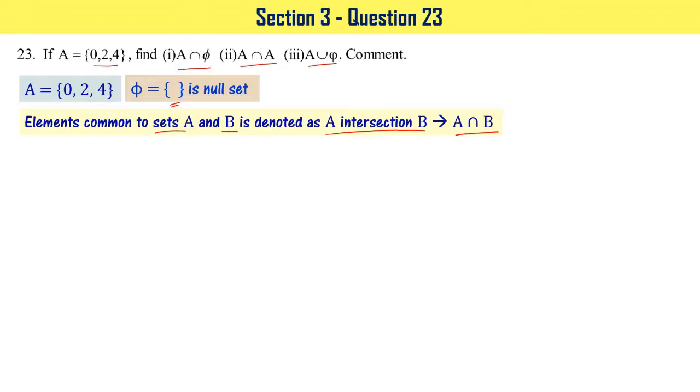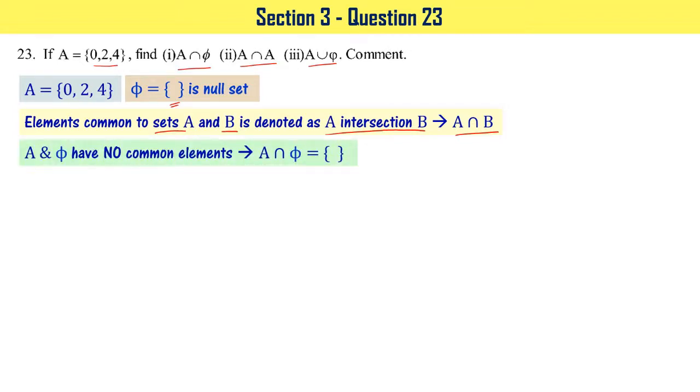Now we are asked to find A intersection Phi, right? It means we have to find the elements which are common to A and Phi, right? A and Phi have no common elements because Phi has no elements. That's why A and Phi have no common elements. Hence we say that A intersection Phi is a null set. Means it has no common elements or no elements, right? So one can say that A intersection Phi is Phi,